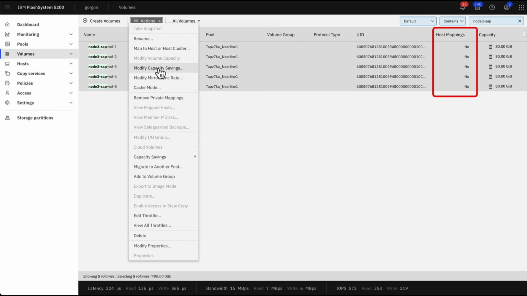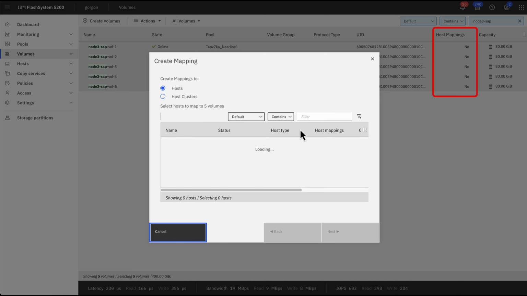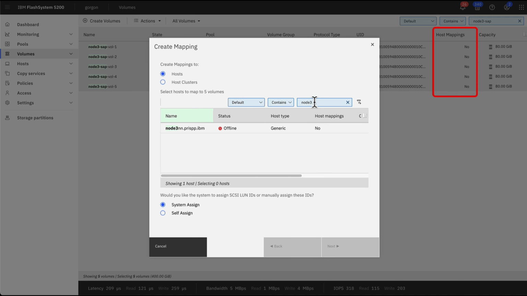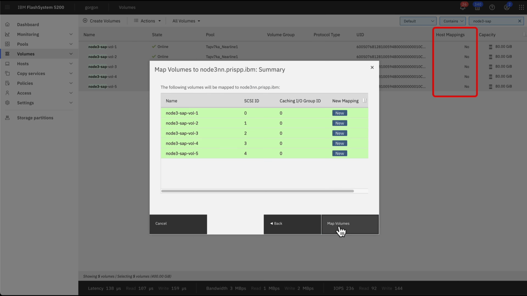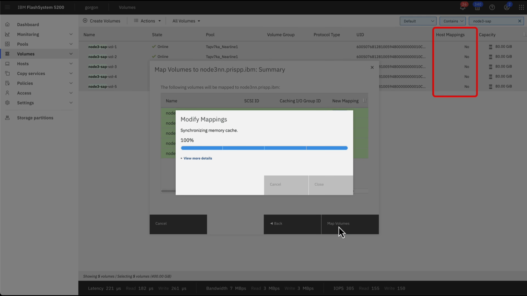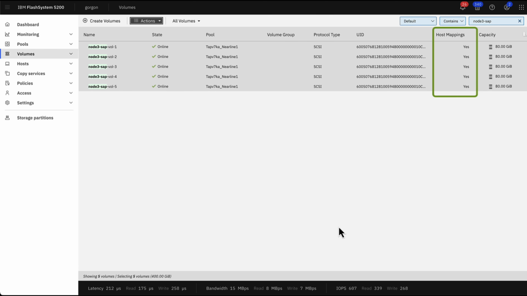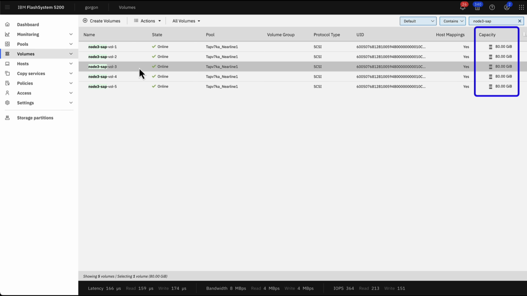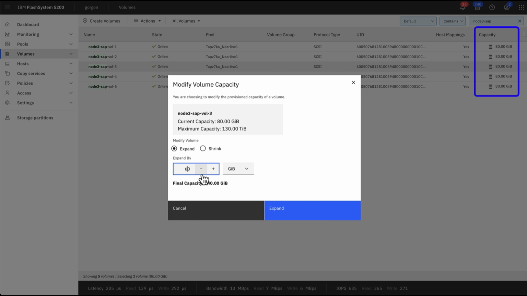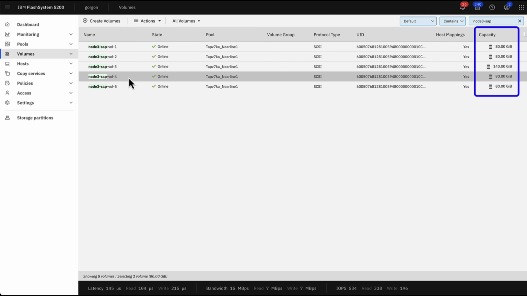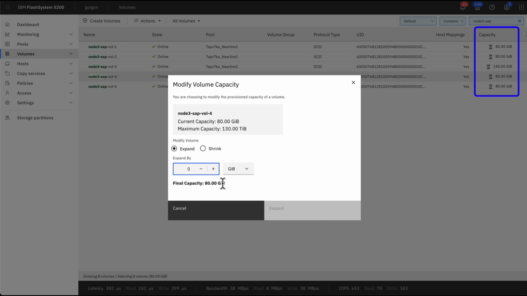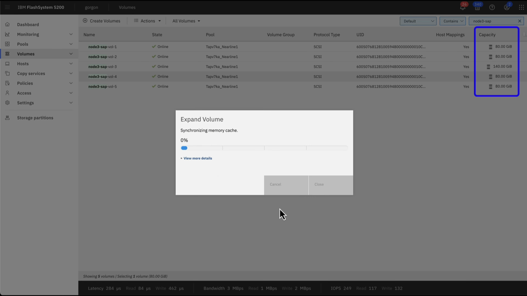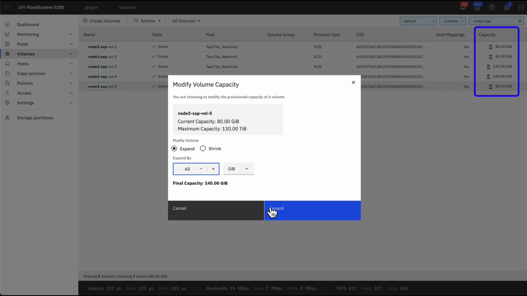Back in Volumes screen, we filter Node 3 and choose Action, Map to Host or Cluster, and map the Node 3 volumes to Node 3 host. As the volume mappings are done, notice a yes under the Host Mapping section. With the volume mapping now completed, let's resize the volumes as we require different sizes for HANA binaries, data, log,